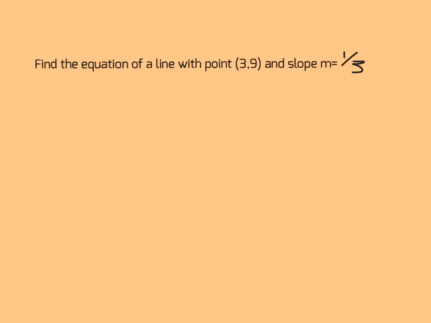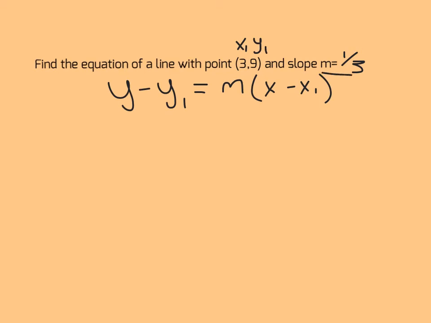Because I think you'll find this one tricky, I'll just go through one more example and then I'll give you one that you can try and we'll work through that one as well. So just writing out my formula. As always, you should do that at the very top of your question. Labeling my points, x1, y1, and my slope is a third. Okay, let's go. So we have y minus y1, which is 9, equals my slope, which is 1/3, x minus